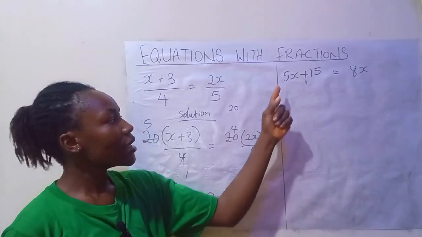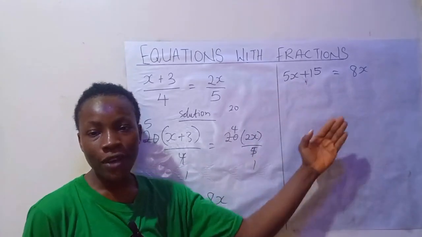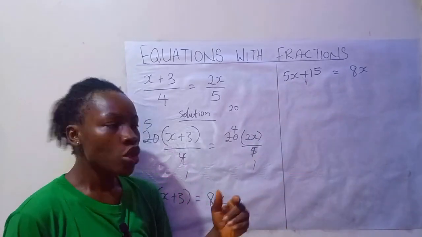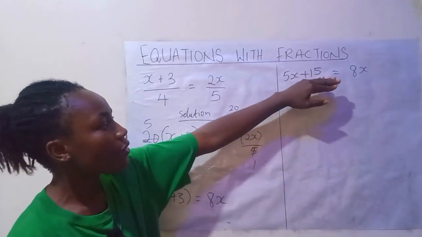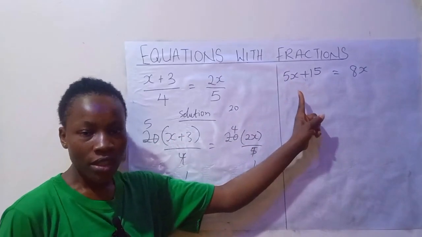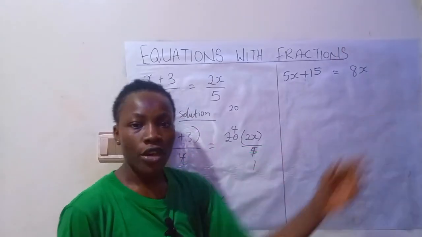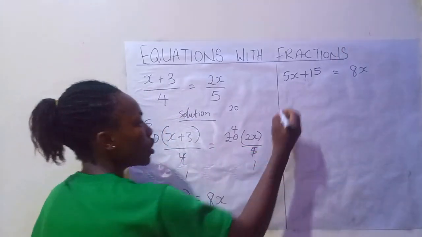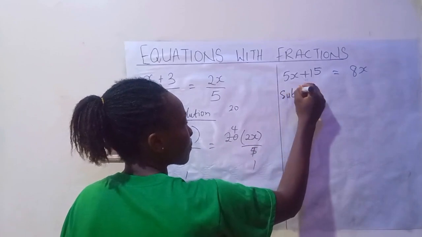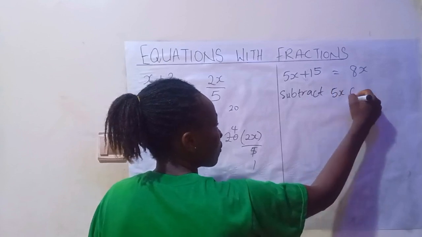But since it is positive, we are subtracting 5x from both sides, so that once we subtract 5x from this side, we are going to get 0, thereby moving the 5x to this side. So we are going to say subtract 5x from